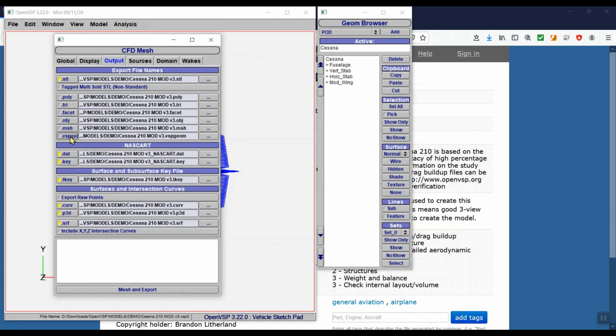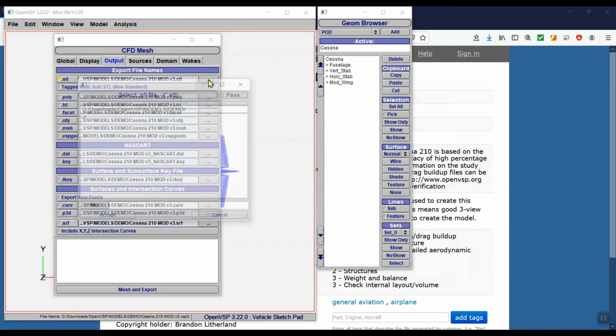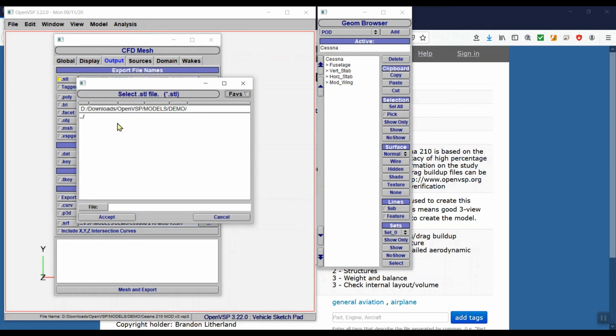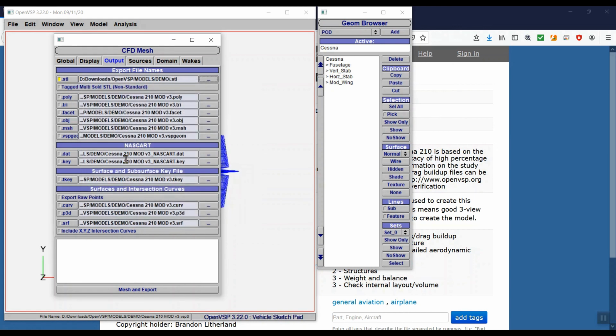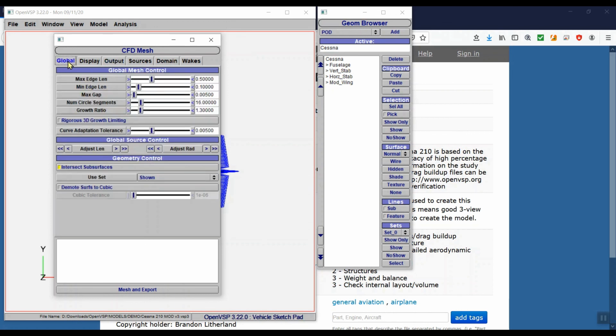So what we're going to do is deselect all these others so we don't have a pile of files saved. And the other thing is we should check to make sure that we know where this file is going, and this STL file is going to go back into my demo model. So we'll go back to global, and